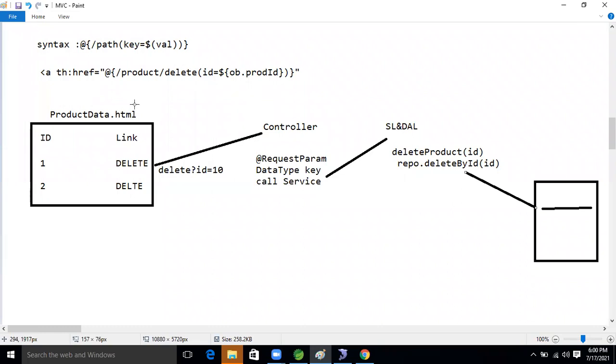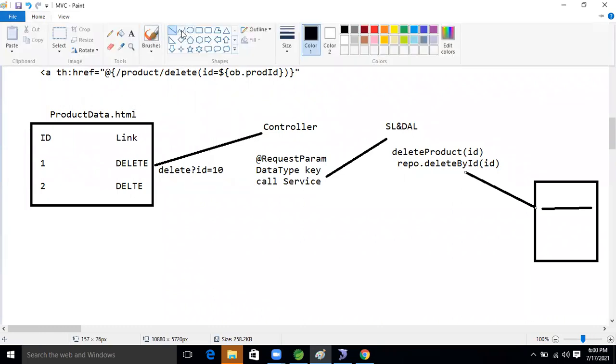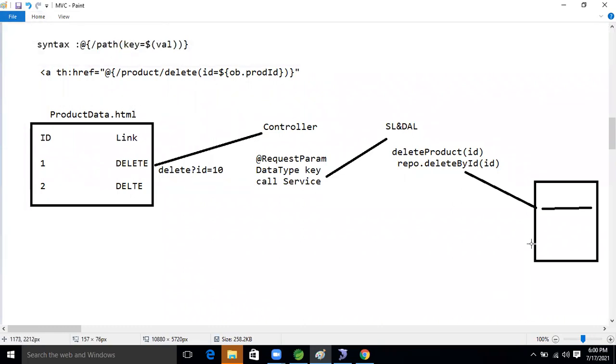After that, the request will come to our controller class.